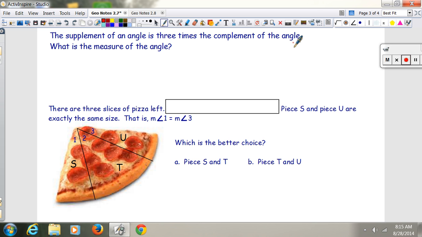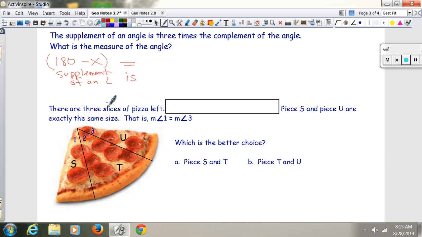Okay, so how do I find the supplement of 100 degrees? Subtract it from 180, right? So if I don't know what it is, I'm going to take 180 and subtract x. That's the supplement of an angle right there. Okay, so this right here represents the supplement of an angle. The supplement of an angle is, what's is? Equals, that's our is,